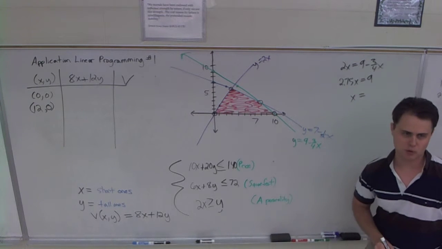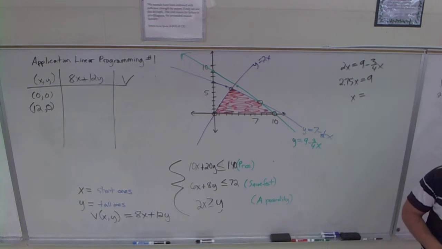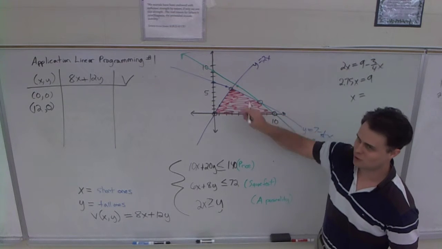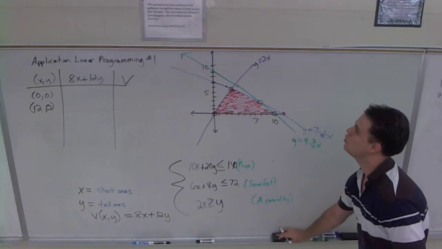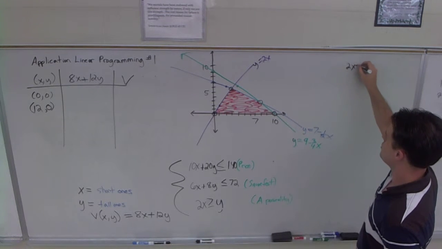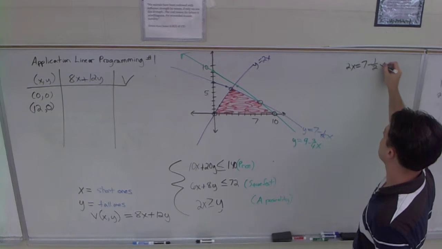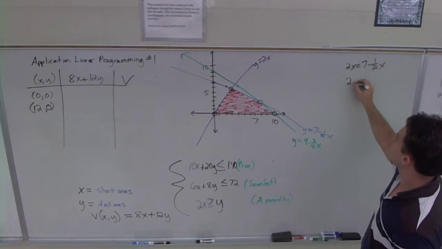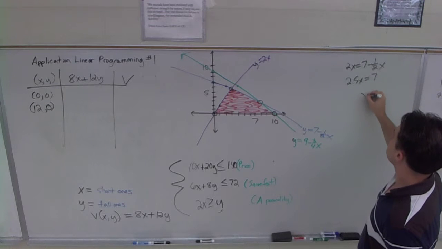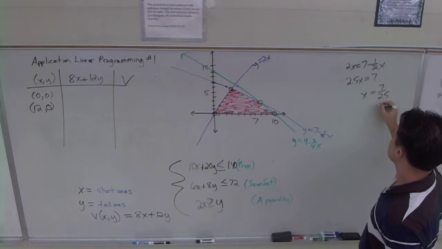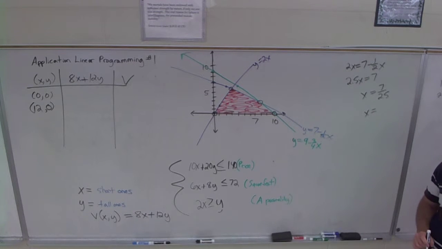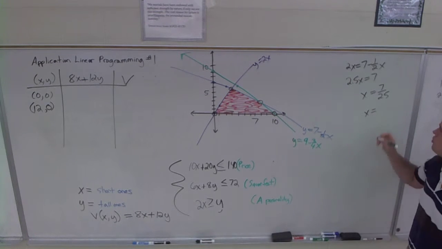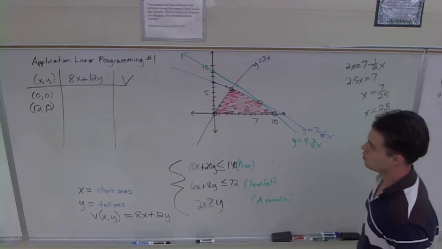You guys divide that for me real quick. What's 9 divided by 2.75? Green, purple, it's green, blue. Oh, yeah, exactly. Green blue is going to be 2x equals 7 minus 1/2x. So add that, you get 2.5. What's 7 divided by 2.5? Can you guys help me? What is it? 2.8 exactly? Okay, so we've got